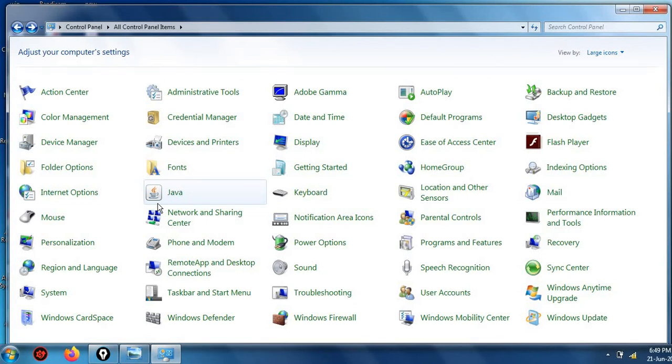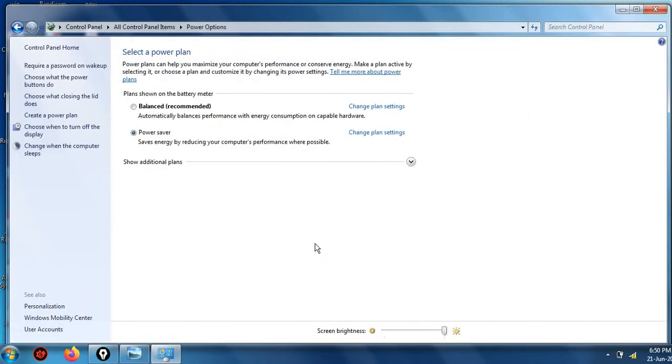Now next is, put your computer in sleep mode. Okay, sleep mode. Here we have one option, that is the power option. See, where is the power option? Power option, let's see where it is. Here it is, power option, right? So I will open this. Sleep means, do you understand why we put our computer in sleep mode? So that our electricity can be saved, power consumption can be saved, right?